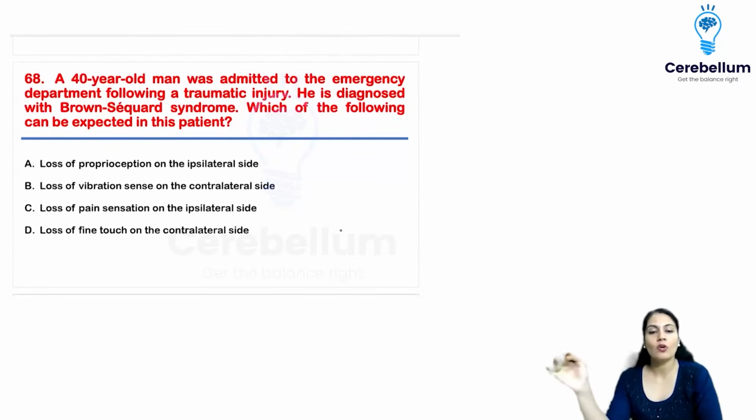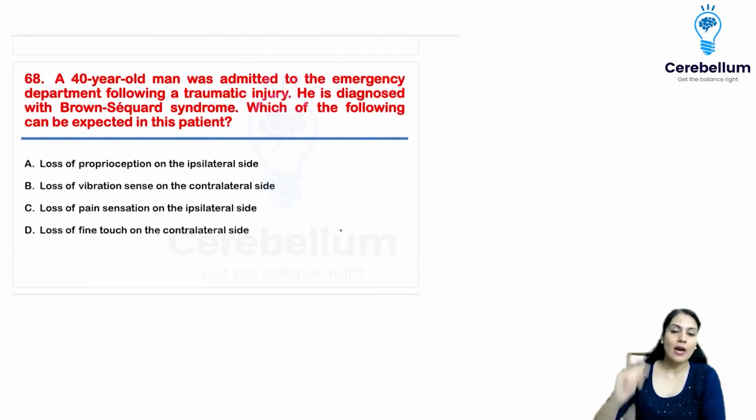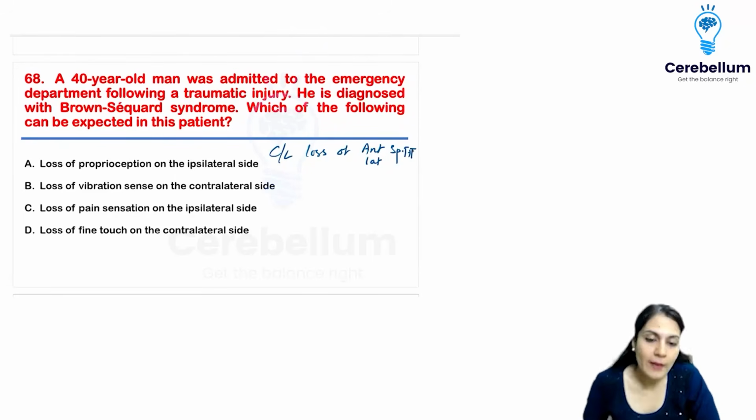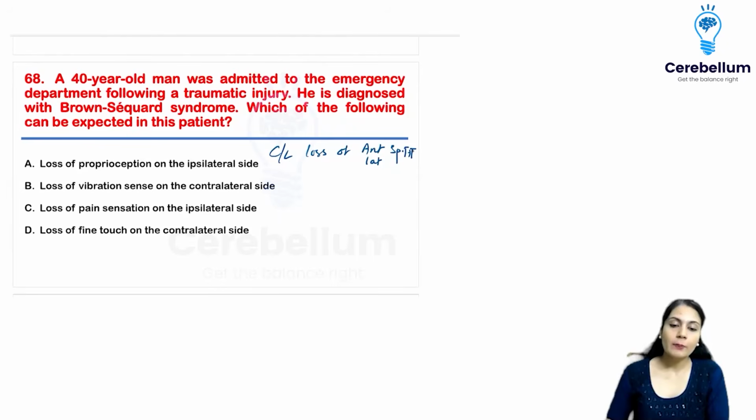A 40-year-old man was admitted to the emergency department following traumatic injury, diagnosed with Brown-Sequard syndrome. What is Brown-Sequard syndrome? It's a hemisection of the spinal cord. Half of the spinal cord is cut, right? What is going to happen if there is a hemisection of the spinal cord? There is going to be contralateral loss of the anterior and lateral spinothalamic tract. I'm just writing STT over here, spinothalamic tract. So the person is going to lose the crude touch,